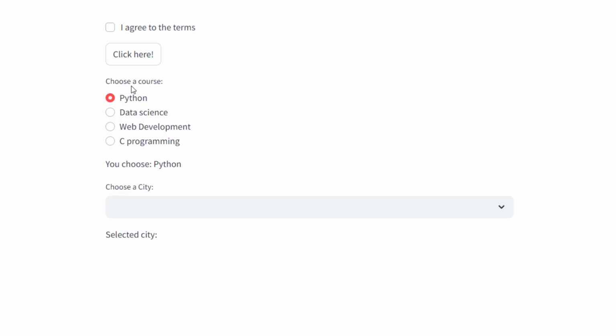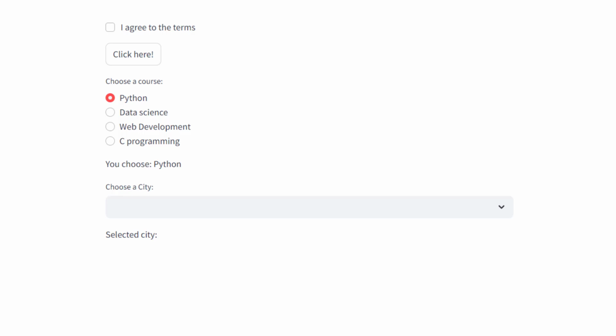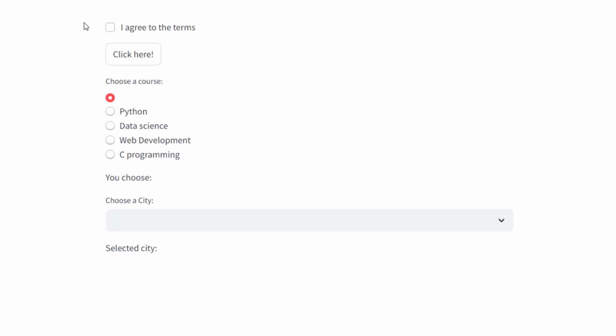Even here in this cursor, we can do the same thing. We just need to give a comma and an empty list, so that this way you cannot select anything. Then we can create some kind of if-else conditions, and boom, it doesn't show anything. So this is how you can create a select box.